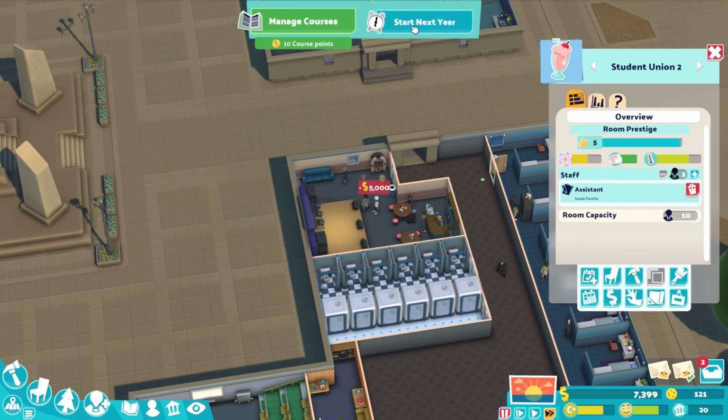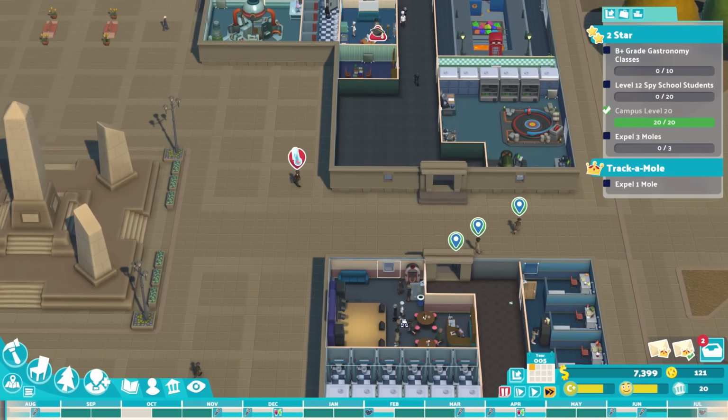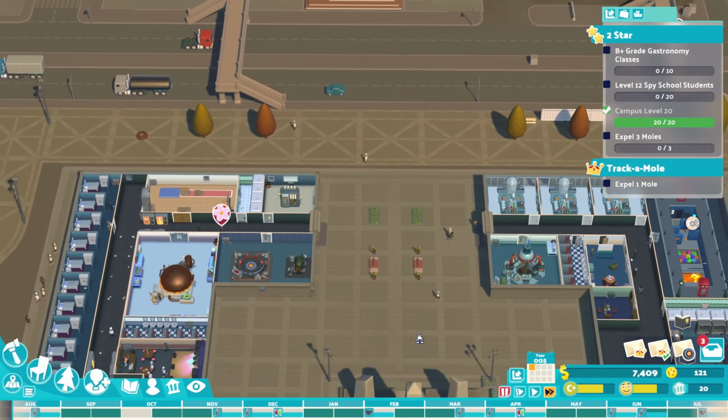So that gives them a lot to do. Let's start the academic year. We have no money, but honestly, we're probably going to make some pretty good money given that we have a lot for the students to do. We have a lot of dormitories. And I'm pretty sure